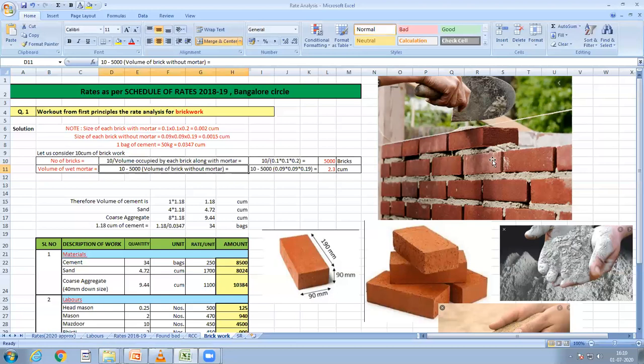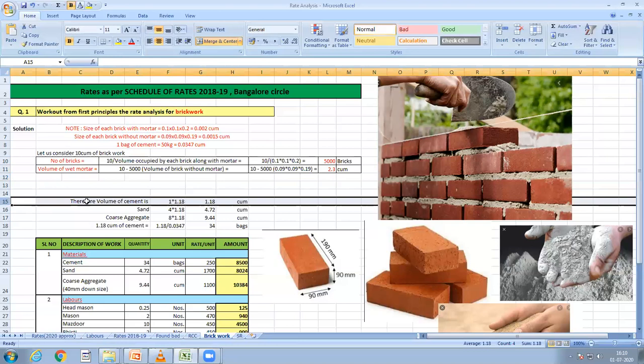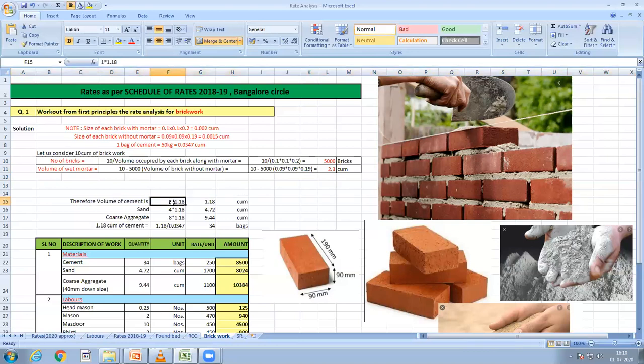If you take out these 5,000 bricks from this 10 cubic meter volume, you will get the volume of wet mortar. That is 10 minus 5,000 into the dimensions of the brick without mortar. So you will get 2.3 cubic meter. So now, therefore, the volume of cement is 1 into